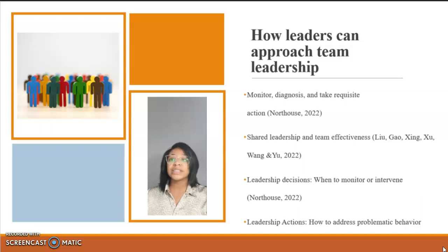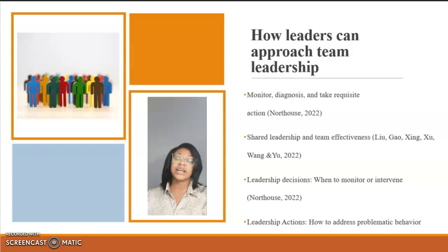A research team is trying to study the effects of shared or distributed leadership and innovation of the scientific research team. It concluded a positive effect and has provided new ideas to improve management of future scientific research. Luo, Gao, Xing, Chu, and Yu, 2022. This is a great approach to increase team effectiveness.